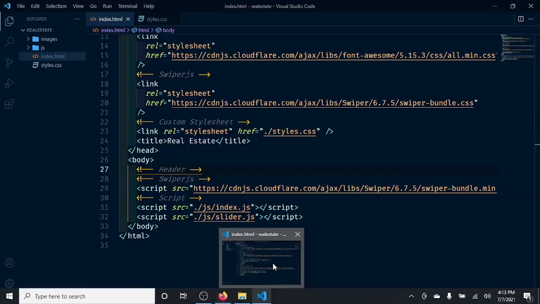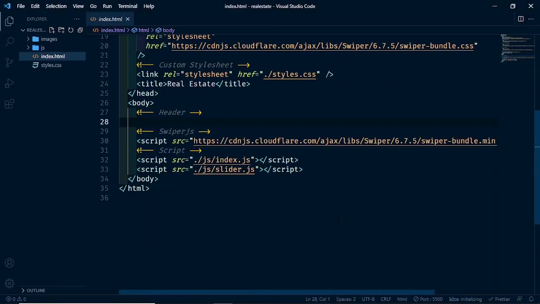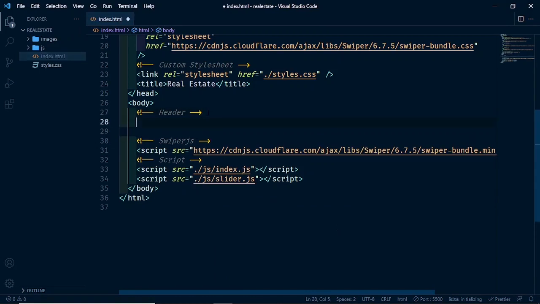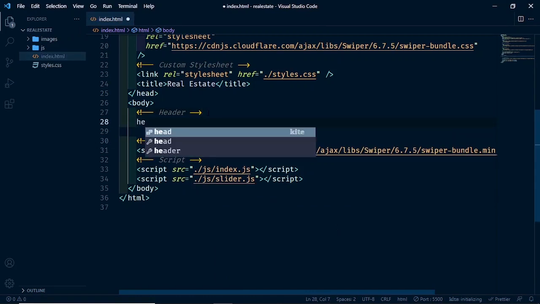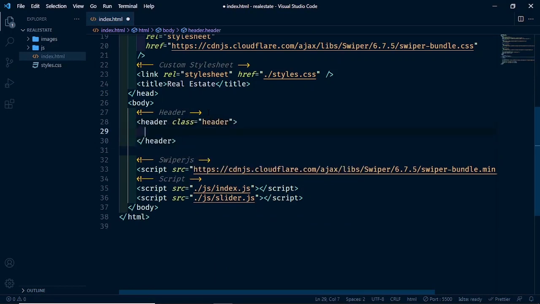So this is the project. Let's go back to index.html. Below the header comments, let's start with the header tag, and it should have a class of header, and within this let's have our navigation div,